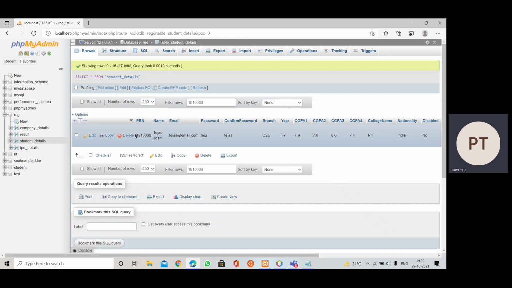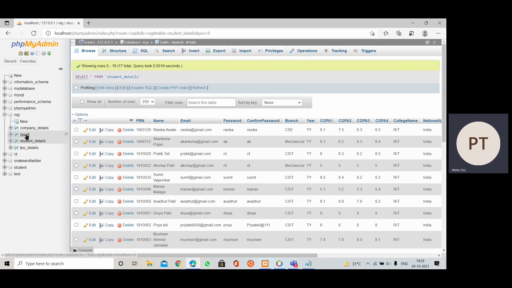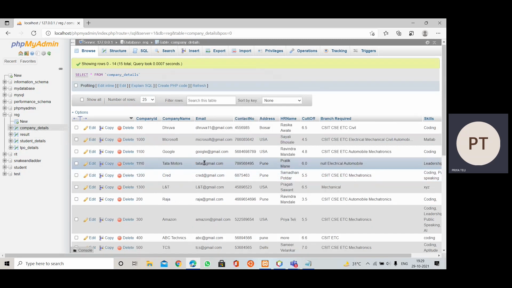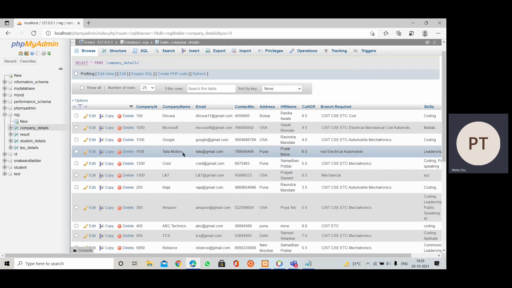Okay, we are able to see that the particular data we inserted just now is inserted here. So let's check in the company details. Yes, it is here, what we inserted just now, Tata Motors.